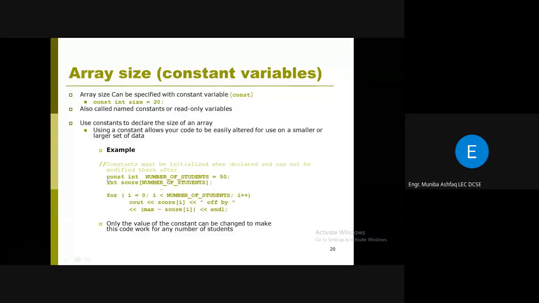You can see that const, which is the constant variable, int number of students equal to 50. So number of students is the constant variable. How do we know that this is a constant variable? We just write this keyword const. This keyword const is used to specify that this variable is a constant variable, right? So const int number of students equal to 50. So int score, in the square bracket we write number of students, ठीक है। Simply we have written this constant